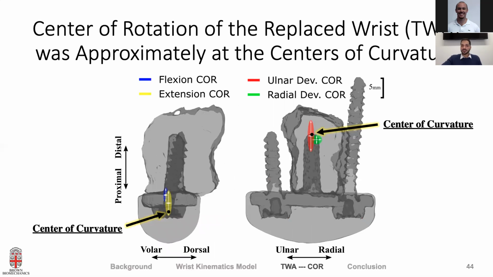Similar to the healthy wrist, I'm showing the replaced wrist center of rotation results. Centers of curvature are shown as black dots, and the standard deviation of center of rotation in both directions is shown as colored ellipses. The replaced wrist had a center of rotation located slightly distal to the center of curvature for flexion extension in the left view, and center of rotation was slightly proximal to the center of curvature for radial ulnar deviation, as you see on the right picture. There weren't any other